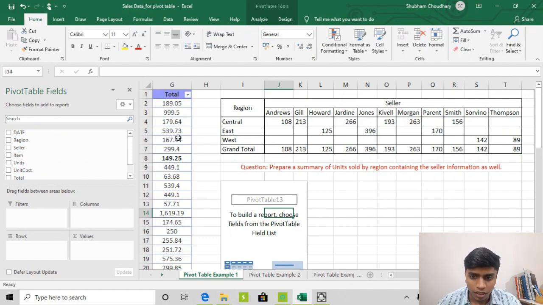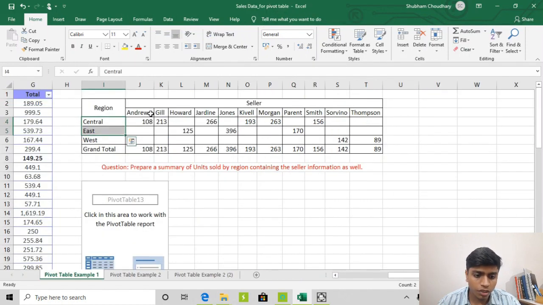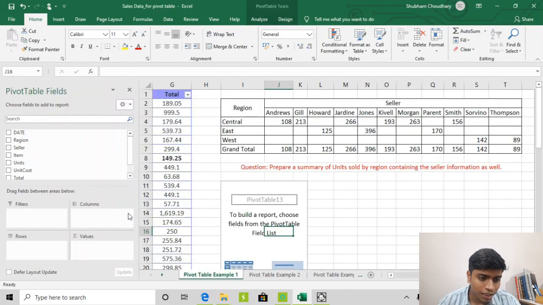So now from the example we can see that we want the name of the region and the name of the seller along with the unit. So we will select whatever we want, like the name of the region, and drag them into these options which we see now. These are rows, columns and values, basically 3. This filter is actually of no use.